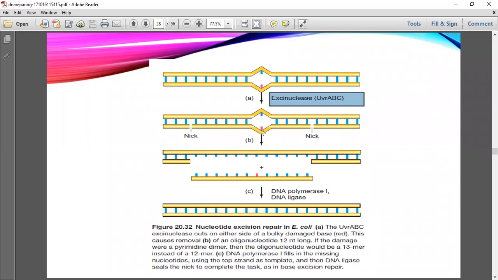Okay, damaged base pair. Here you can see this nick, which means a gap forming between these nucleotides. It is generally due to this exonuclease acting on that nucleotide and cutting the bonding between the nucleotides. Then after this nick formation, this single-stranded oligonucleotide has a gap of about 12 to 13 base pairs, and it is filled by DNA polymerase I action. So generally what happens is a